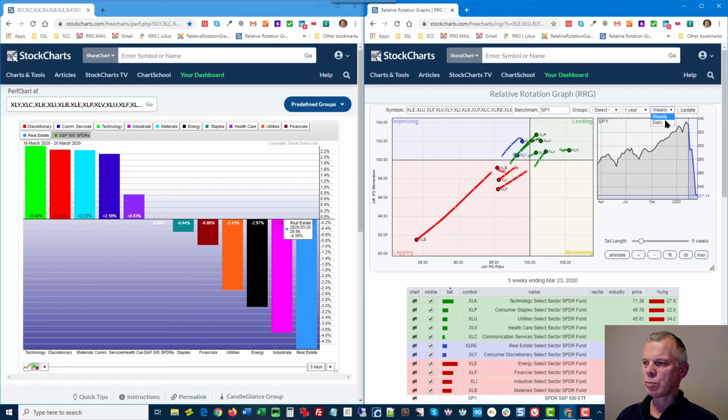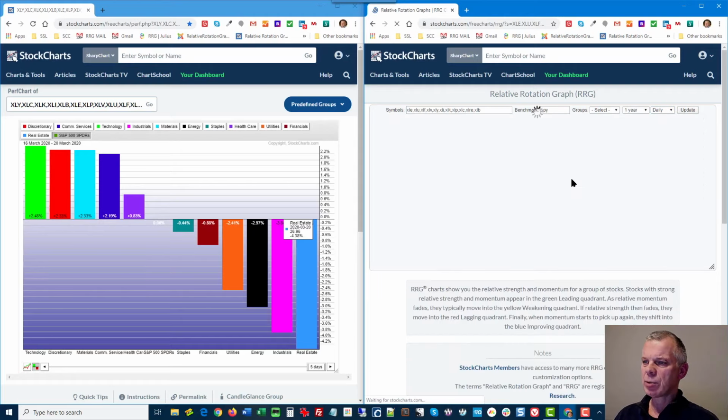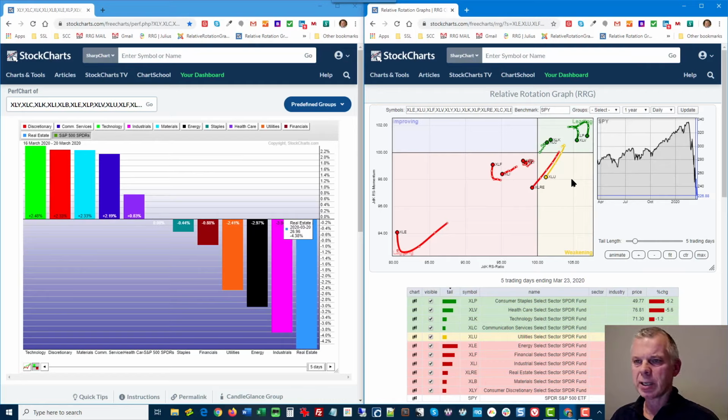And if we zoom in on the daily, we see a little hiccup for the more offensive stuff, but it's really questionable how long they will be able to keep that up,